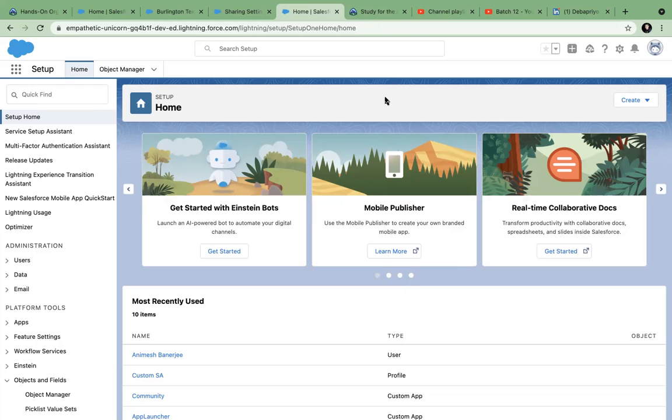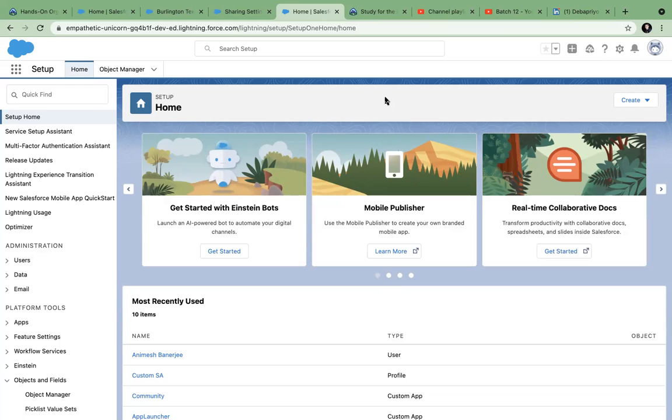Admin has everything. Admin does everything. Admin gives the object level security, admin sets up field level security, admin will set up record level security. Admin is the man who is driving the show. This course is only for system administrators. We are creating system administrators. We are telling how to work on setup, how to give different permission to different people, because that is the job of an admin.